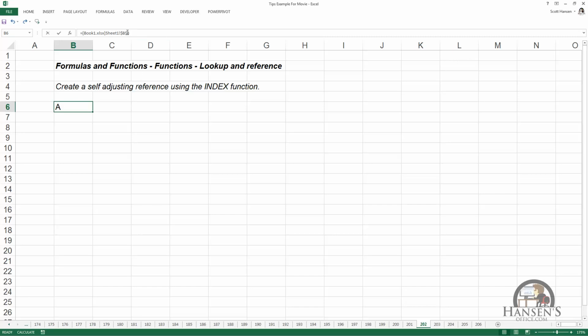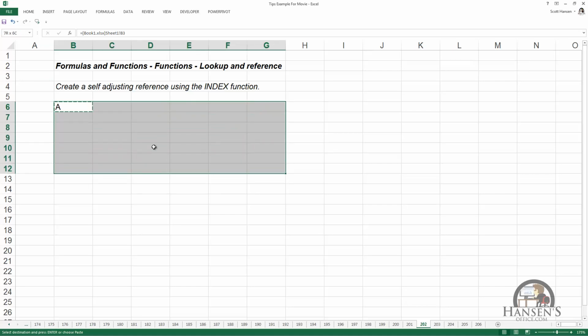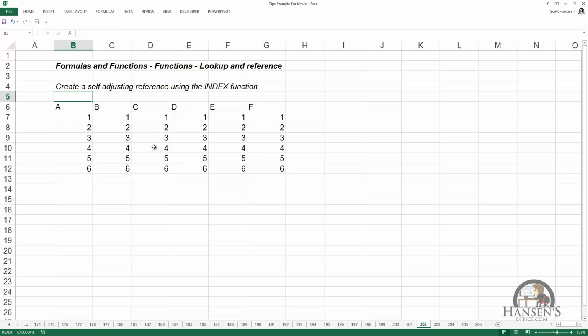converting that reference to a relative reference, and then copying that formula into the same area as exists on the other worksheet. Well, when that worksheet updates, these will update as well. But the problem is,